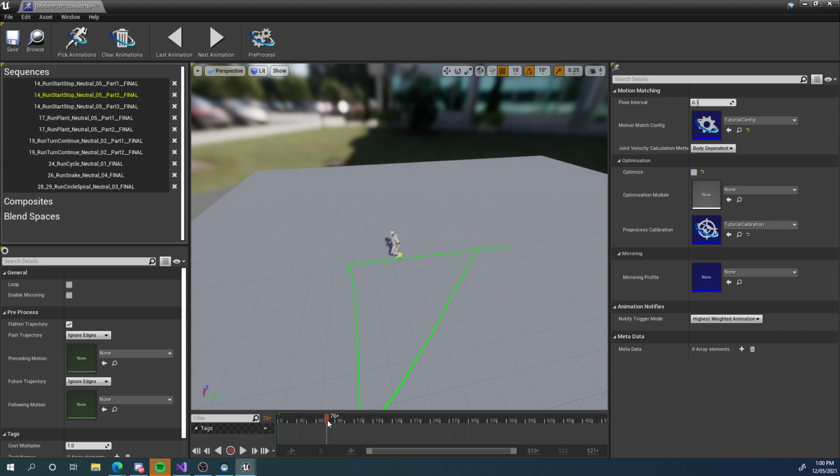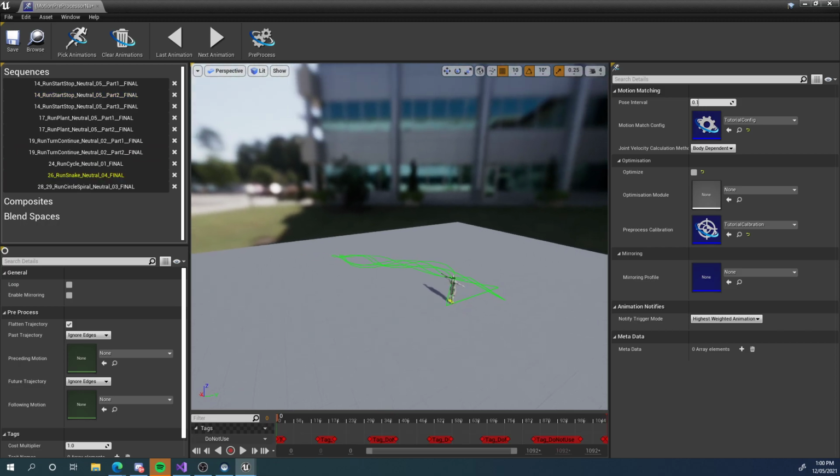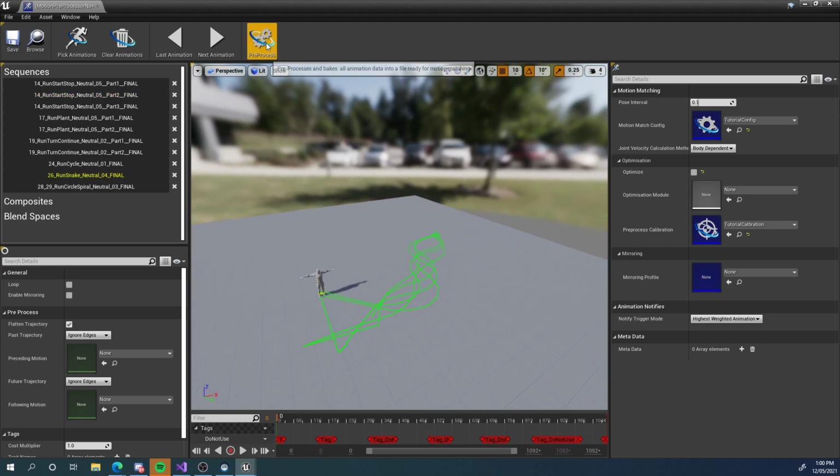I recommend having a look at the example project motion data and seeing how I've tagged out these sections in the middle because it's a bit redundant. I tag out some of the stops as well because there's so many stops, just to get rid of redundancy and kind of cull the database a little bit manually. But this should work fine for now because I've gotten rid of the problems, which is the teleports, which would cause major issues. I'm going to just hit pre-process now, and we see that a little loading bar came up